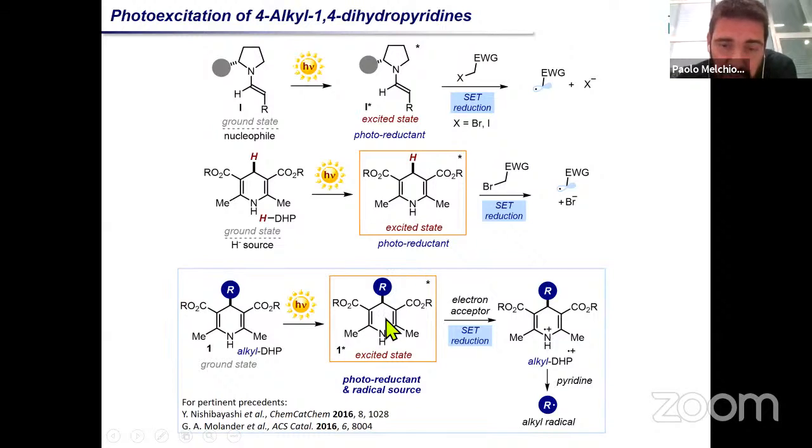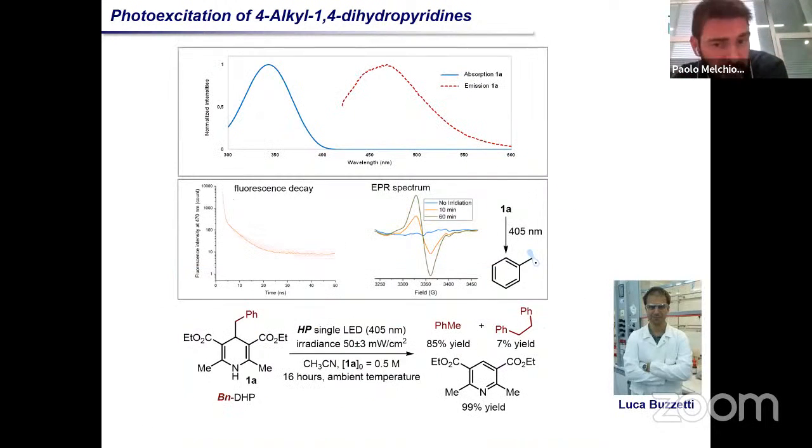That means it should become a strong single electron reductant. Upon single electron transfer, we will generate this radical cation here that is known to be unstable and should collapse, leading to the formation of this alkyl radical. So if this is true, the excitation of 4-alkyl dihydropyridine should bring a dual reactivity behavior in the excited state, because this compound should behave at the same time as a radical source and also as a pool of electrons. This was an idea of Luca Buzzetti, one of my PhD students at the time, who synthesized this benzyl